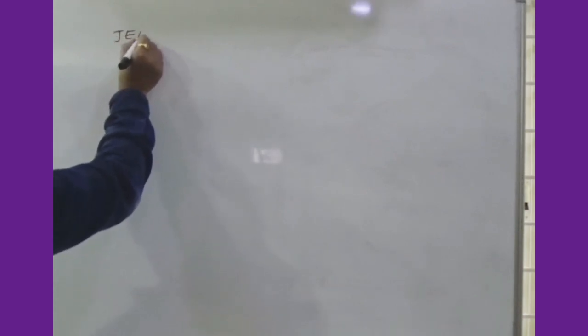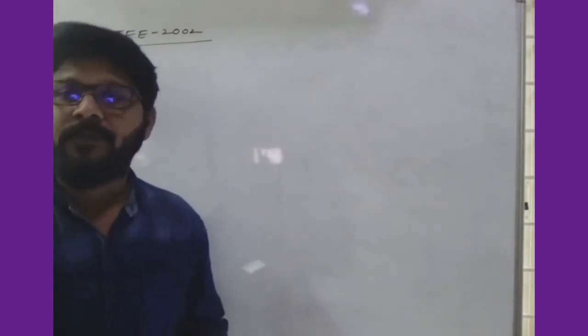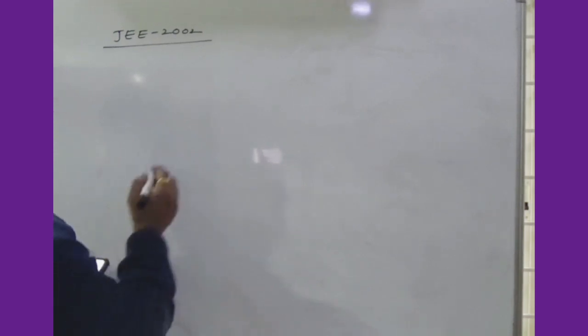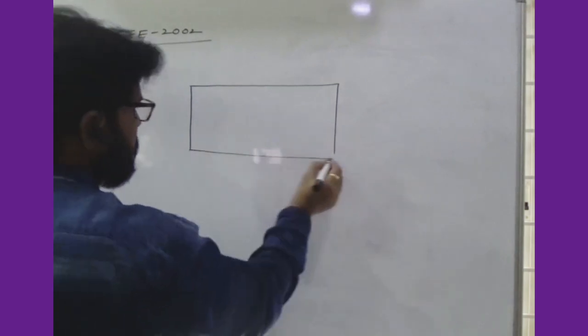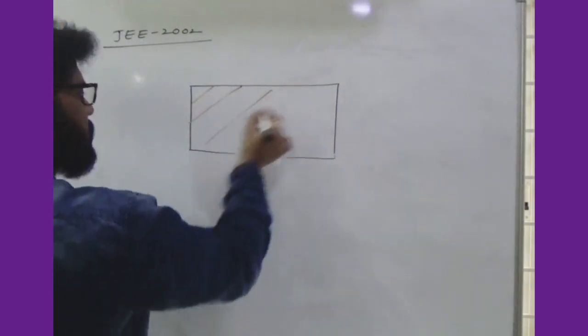Right. Now see, which is given in JEE 2000. JEE 2002 question, JEE 2000. A body loses half of its velocity. Equation of straight line motion, right? So a body loses half of its velocity. It means let me take a wooden block. This is nothing but a wooden block, right?